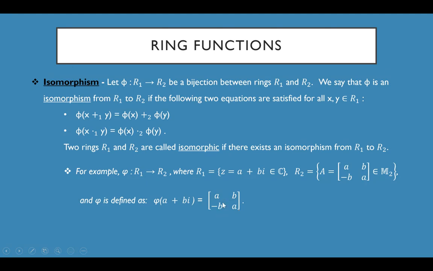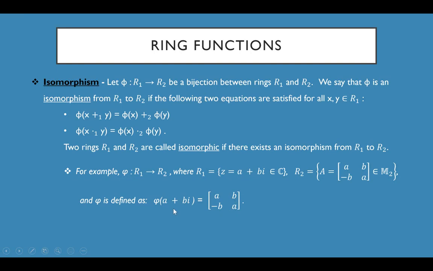And then the up diagonal from left to right, we will place the coefficient of our imaginary component here, negative b and b. So we can see that this function would work as also a bijection because we could